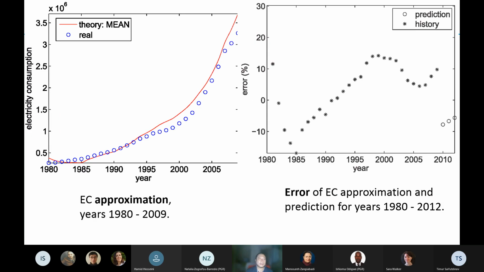Now, the results. On the left-hand side is the approximation, and we can see by our own eyes that the circle is the real data from a public yearbook or something like public data, and the red solid line is the mean of the series.